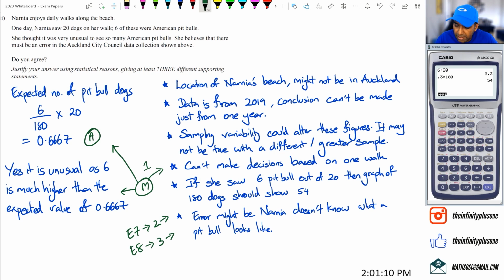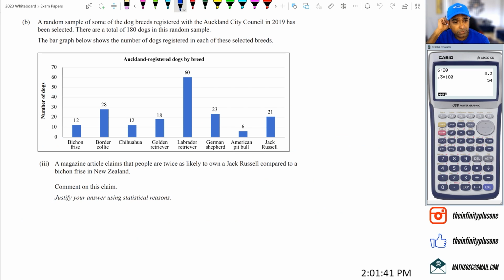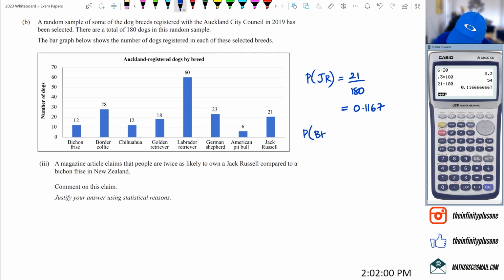All right, let's go to the next part of this question. So the first thing I'm going to do is work out the probability of Jack Russell. If you look at Jack Russell, you've got 21 out of 180. So 21 out of 180 is going to give me a probability of 0.1167. I got the probability of Bichon Frise, which is 12 out of 180. So 12 out of 180 is going to equal